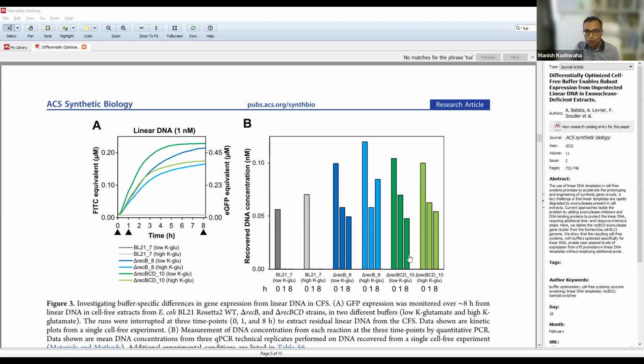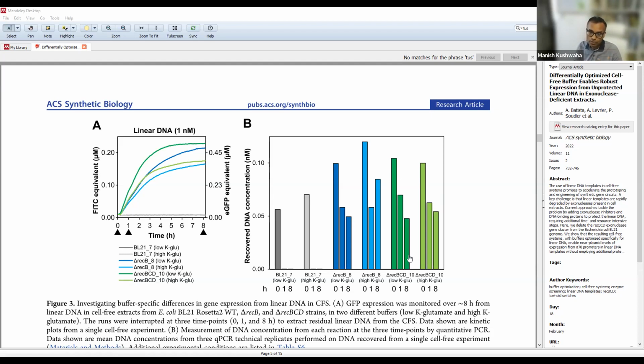And in fact, what we found was that there had been previous literature evidence that K glutamate tends to destabilize the RNA polymerase on the promoter. This was something that we did not know before, but as a result of these results, we were able to dig back and find, in fact, 2 papers that had looked into this,